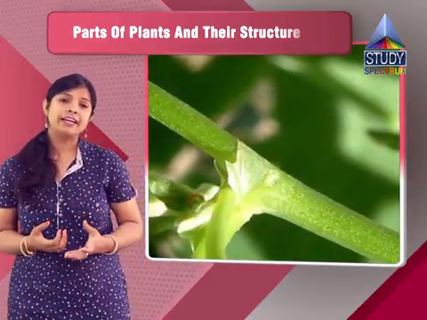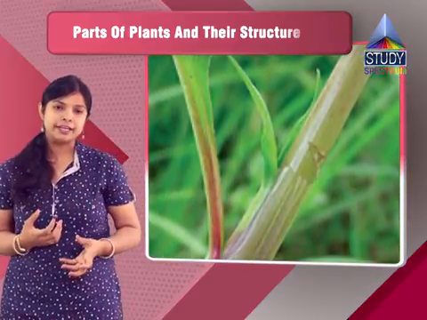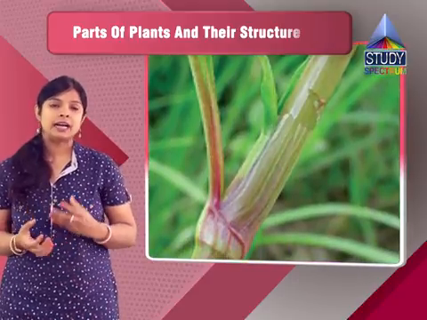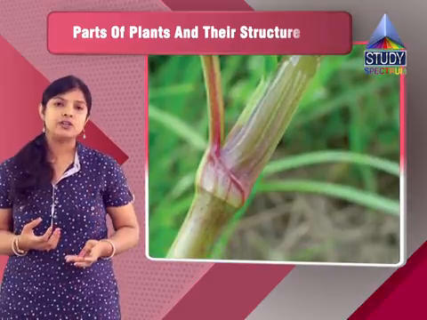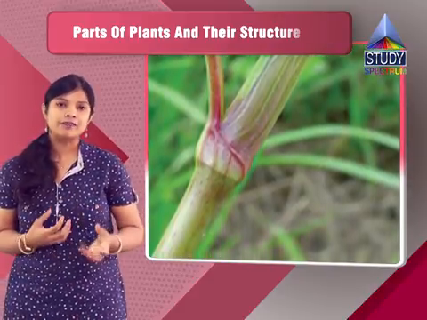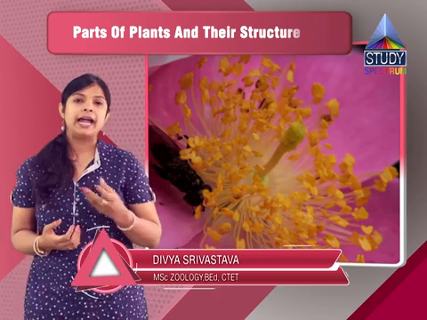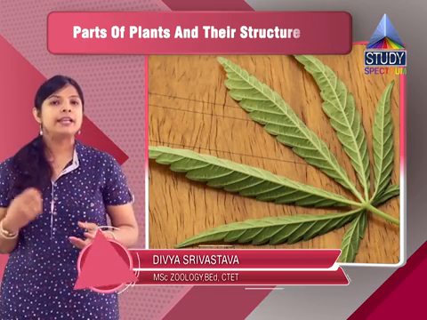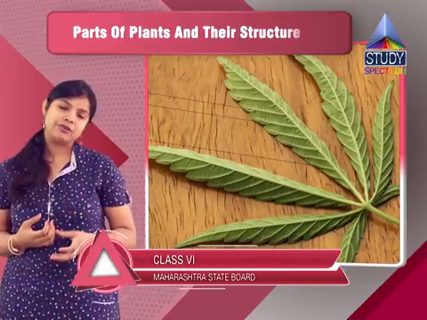Next question, find the odd man out. Here, A: node, internode, bud, root. So students, these are the parts of stem: node, internode and bud. So here the odd one out is root. Next question: calyx, corolla, gynoecium and leaf apex. Here our odd one out is leaf apex, as corolla, calyx and gynoecium are the